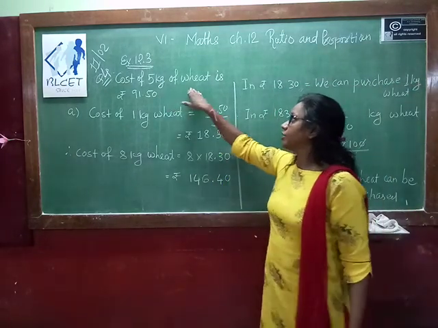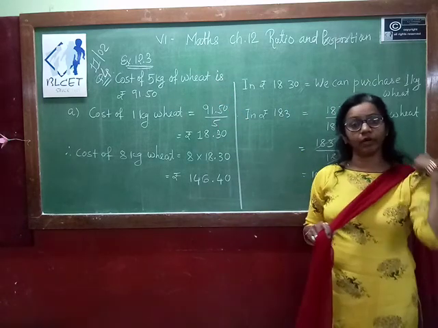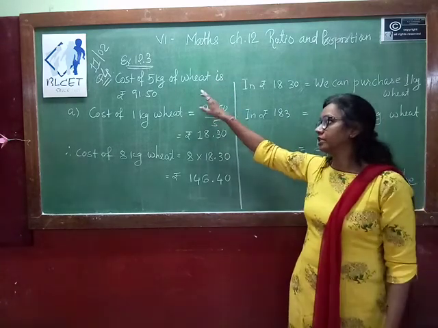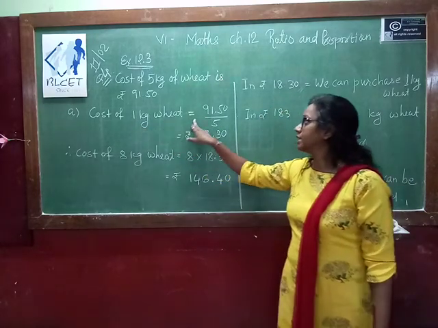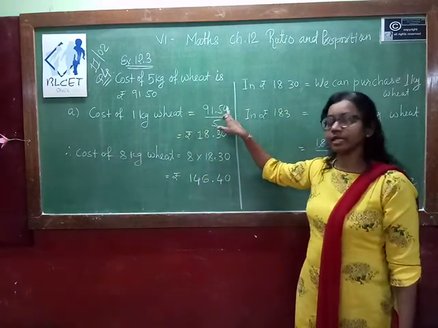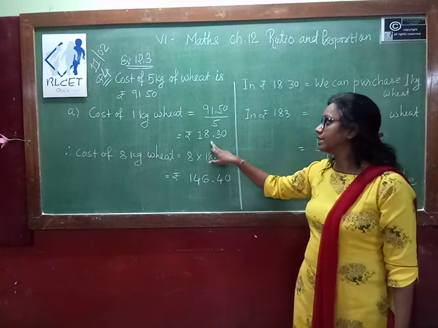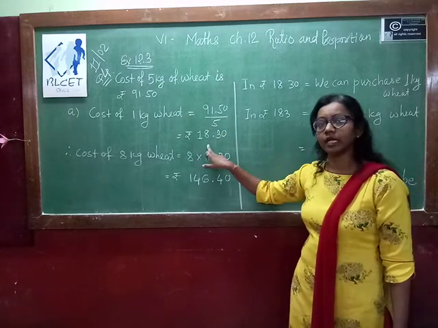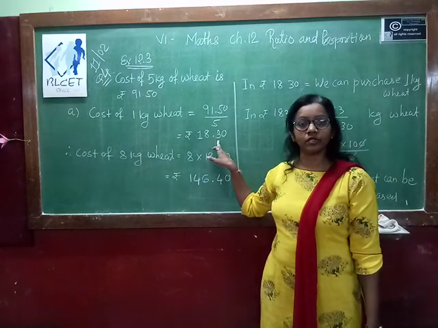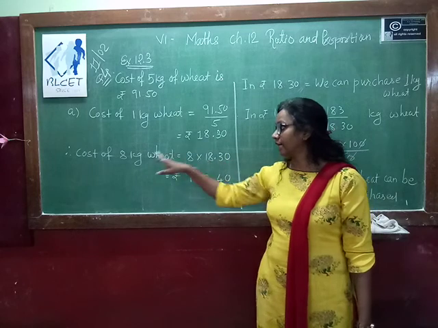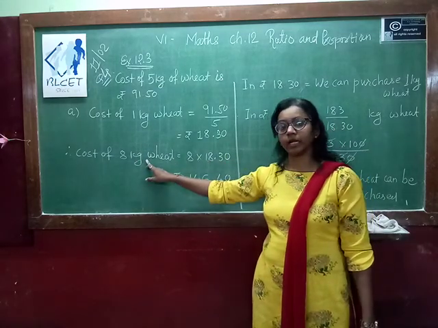Cost of 5 kg of wheat is given, that is rupees 91.50. So from that we first find what is the cost of 1 kg. So cost of 1 kg wheat is equal to 91.50 divided by 5. If you do the cancellation, your answer is rupees 18.30. From this is now the cost of 1 kg. So we can find easily the cost of 8 kg, directly multiply 8 with